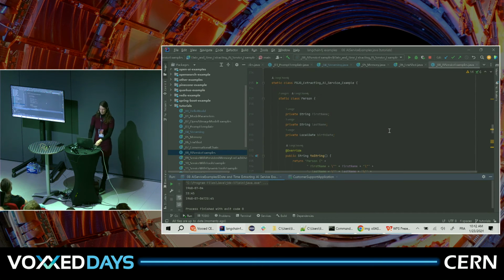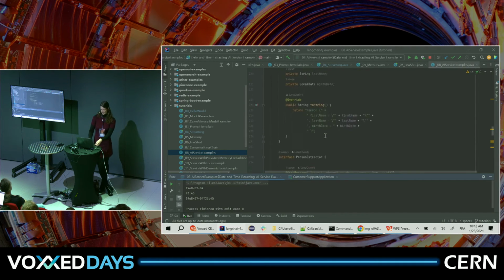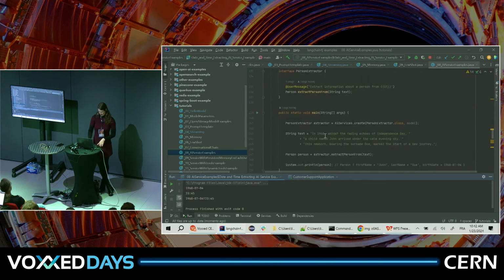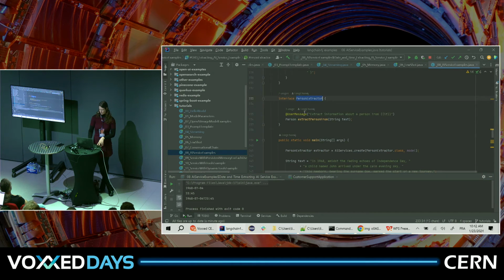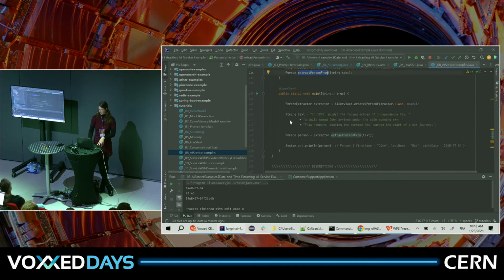We can make our plain Java objects. Here we have a person with a first name, a last name, and a birth date, and a toString method. And then we want an AI service person extractor that will extract a person. It will return us a person. Again, from the weirdest descriptions, it can actually get this person out.